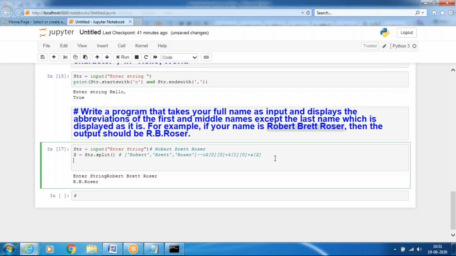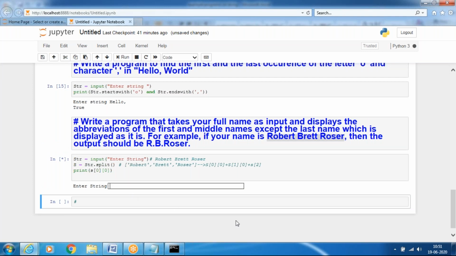I will print S of 0, 0. I will run this code. Suppose the same Robert Betroser. We'll use Robert Betroser.